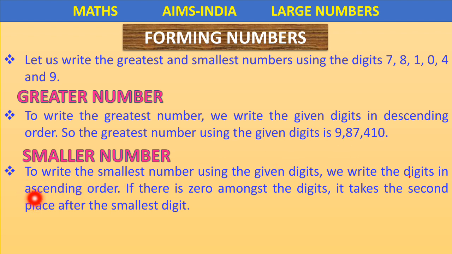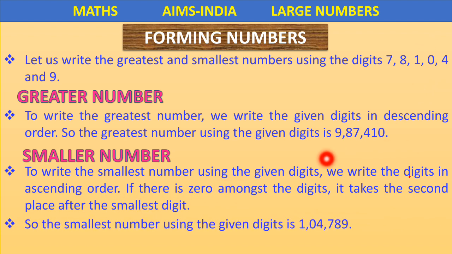So we start writing in ascending order from the smallest to the largest number. If 0 is amongst the digits, like we had 0 here, it takes the second place. It takes the second place but not the first place. So the smallest number we've got is